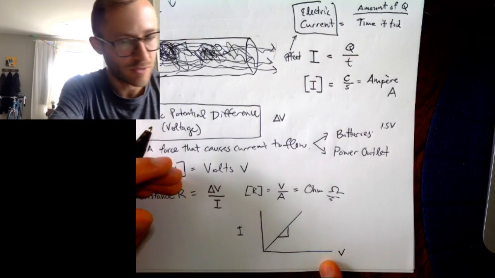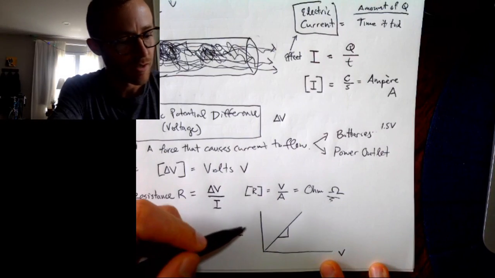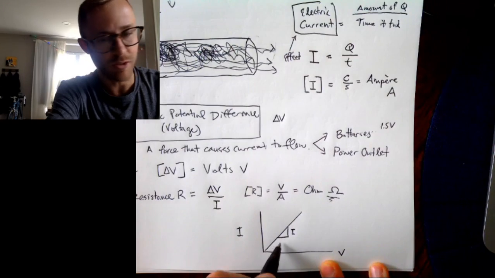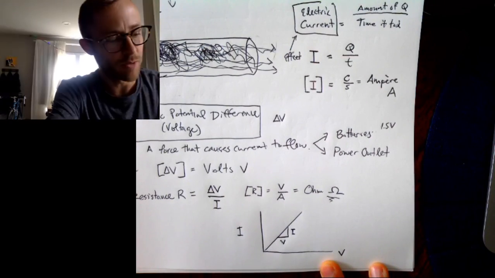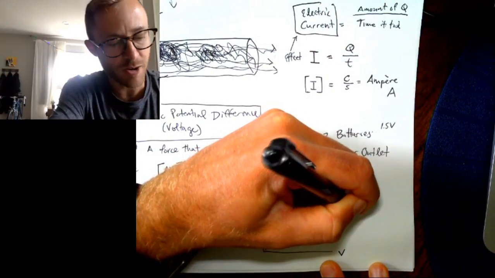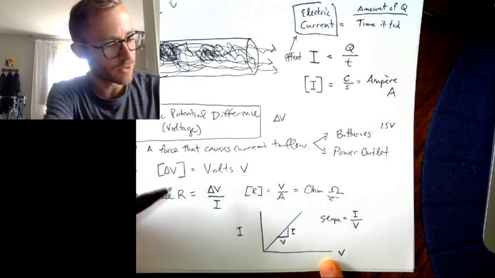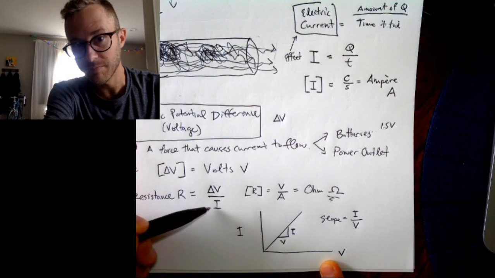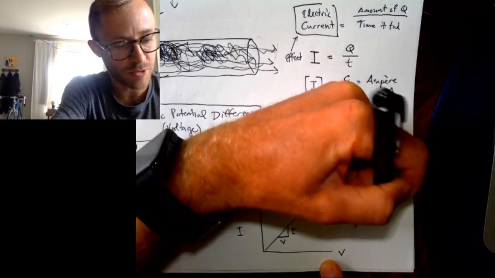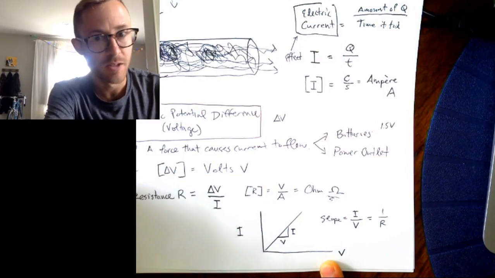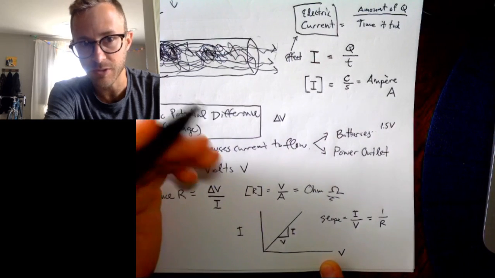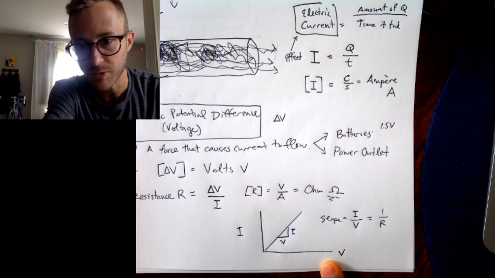So the slope here would be, if we think about it, the current is the rise, and the volts are the run. So if I said slope is rise over run, it would be I over V. Well, if we look at resistance, resistance is V over I. Okay, so the slope is actually 1 over the resistance of this graph. So for example, if the slope was 5, then that would mean your resistance was 1/5 or 0.2 ohms. Okay,